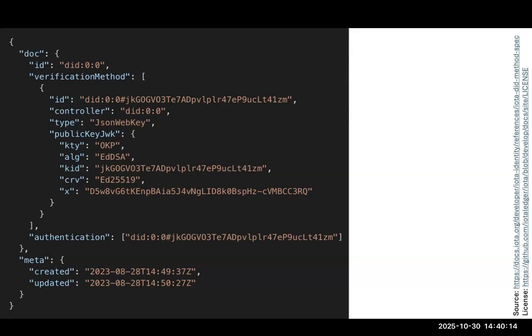The other particular feature of this DID document is that, as you see, the ID in the verification methods and also the controller, because this DID document represents a situation in which subject and controller are the same entity, DID:0x0. Why this? Essentially because this is a particular feature of the DID IOTA,